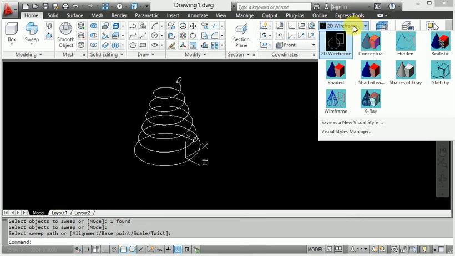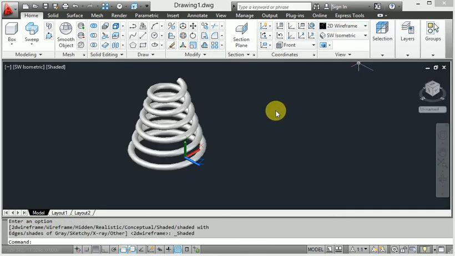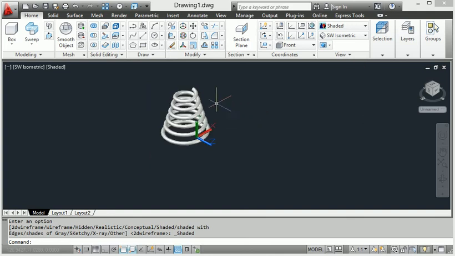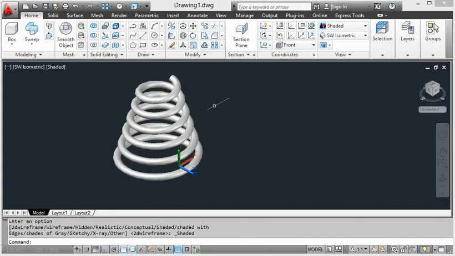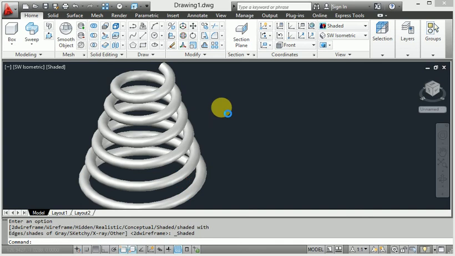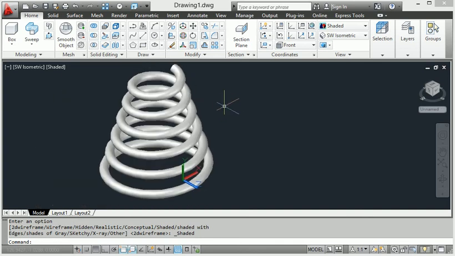Again I will show you the 3D wireframe. Look at this, converted to a 3D solid design. It's very useful.